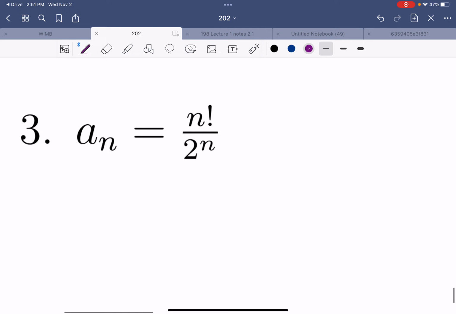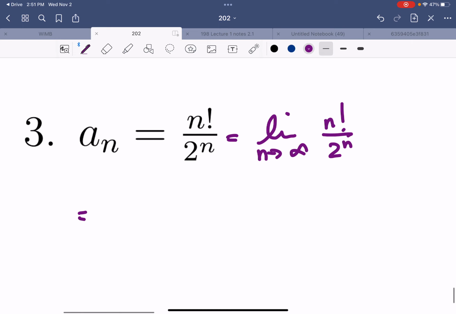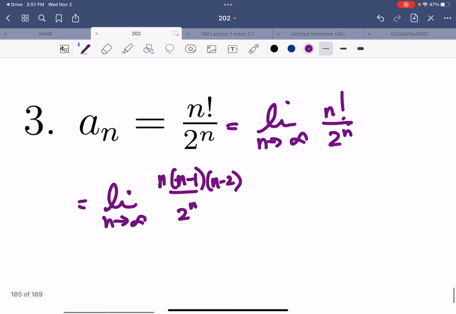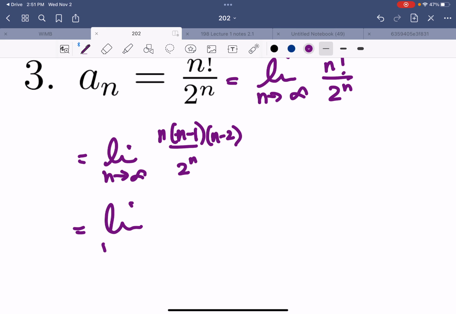Number 3. Oh, this one looks tricky. What's going to happen here? You're taking the limit as n goes to infinity of n factorial over 2 to the n. That's tricky. So that's the limit as n goes to infinity of something that looks like n times n minus 1 times n minus 2 over 2 to the n. So let's think about a term and what might happen here. If you think about something large, so for an large,